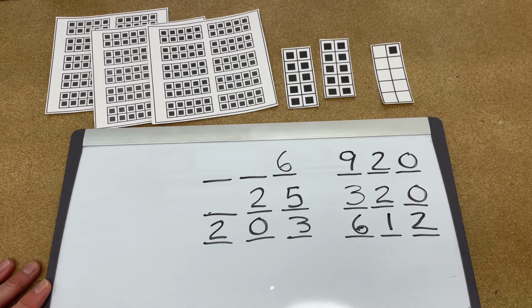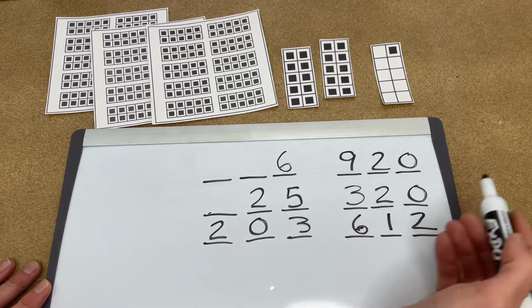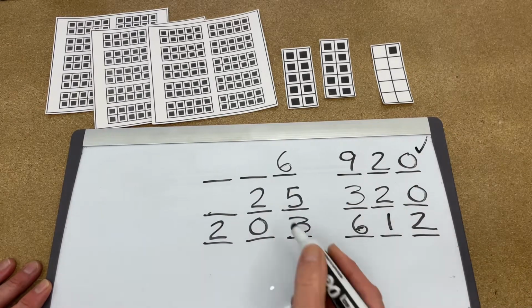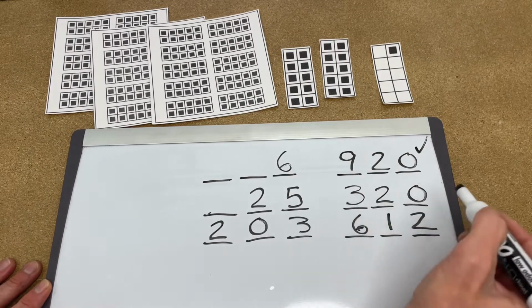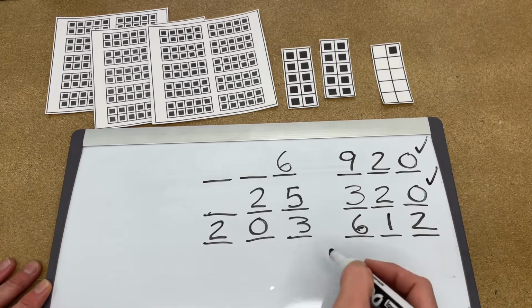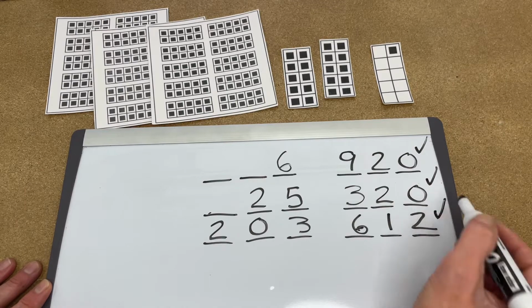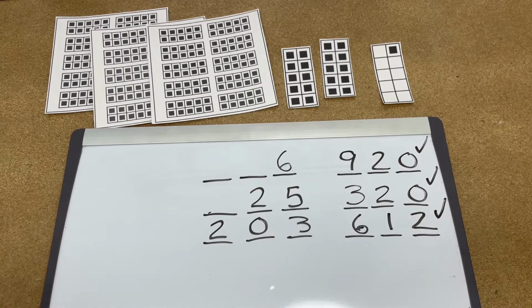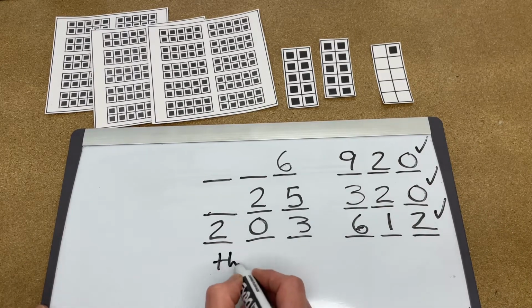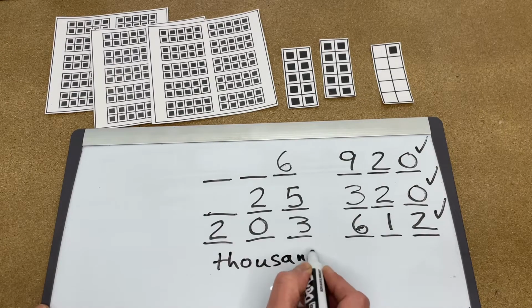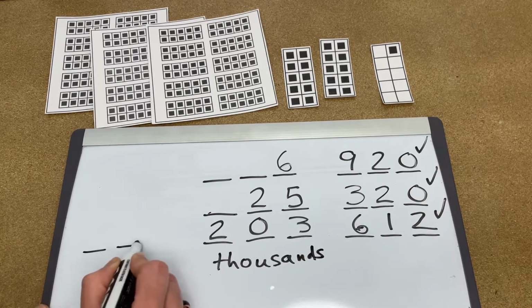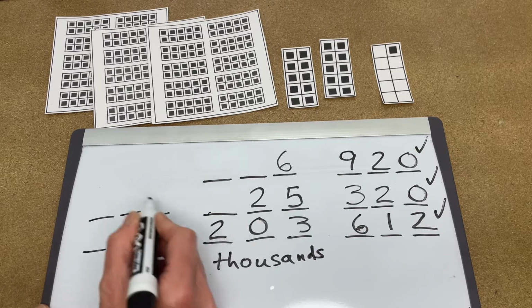And then we ask students to read the numbers out loud, either with a partner or by themselves. 6,920. And they can check it off. 25,320. 203,612. Okay? And we had a lot of practice that way. Once students understand the concept of thousands, we can then extend their learning. Well, what's the next